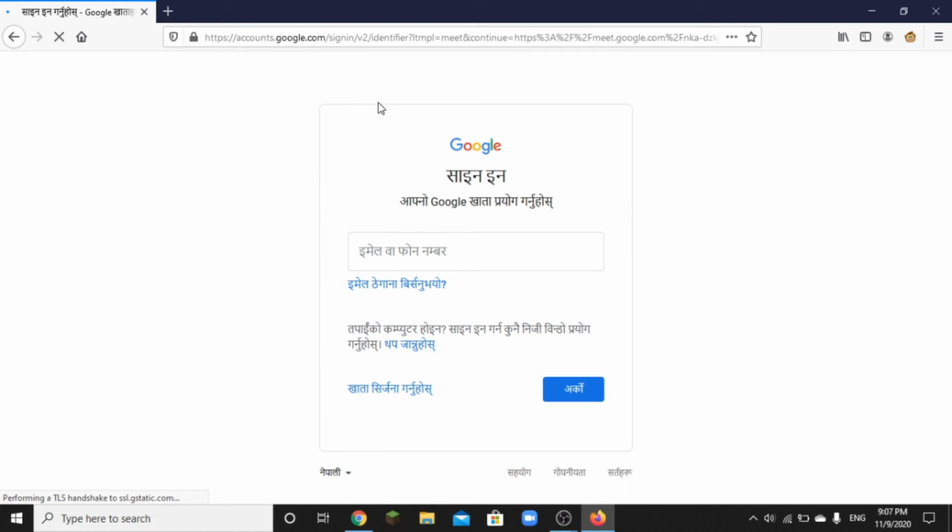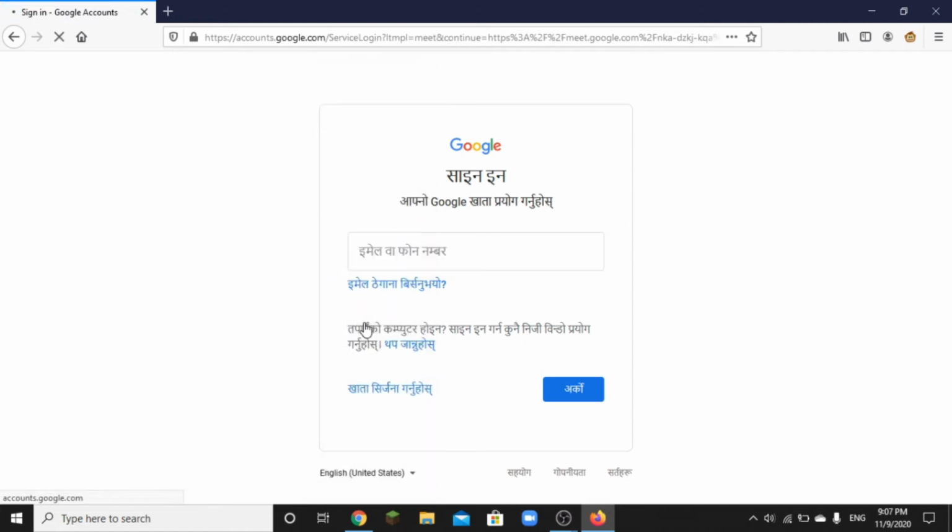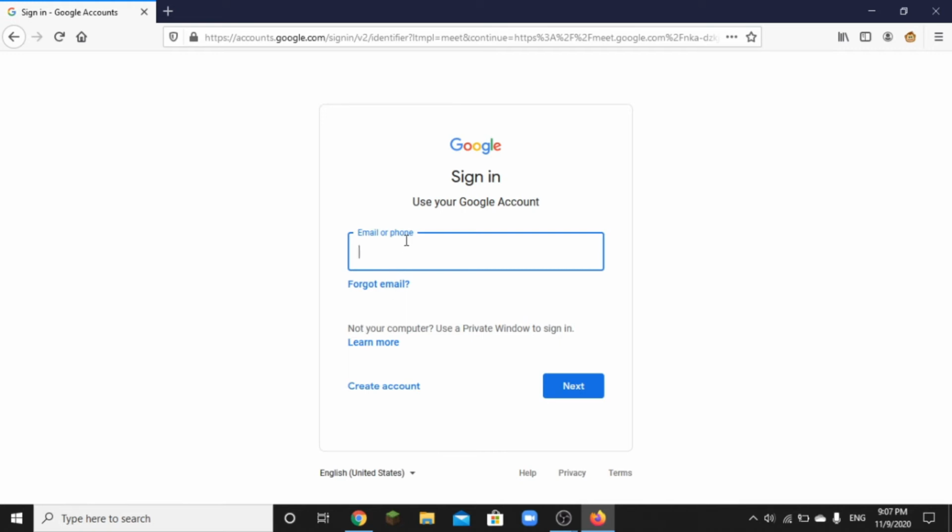For the student part, the student also has to log in with his or her Gmail account. So I'm going to use a particular account. This is the student account.